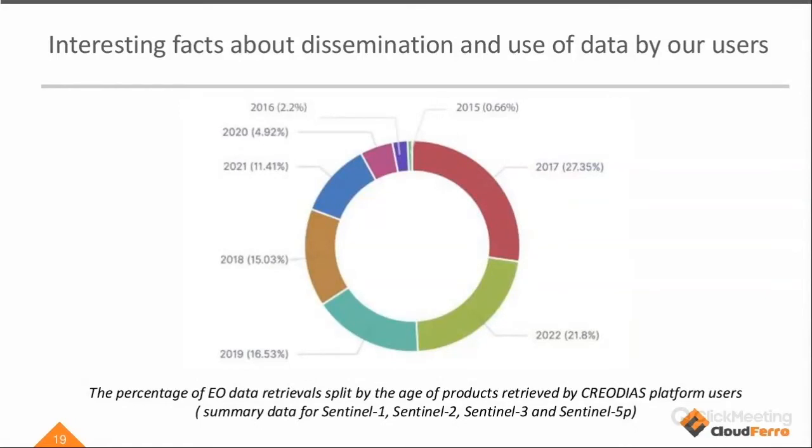This is the summary of the data sets from Sentinel-1, 2, and 3 and 5P satellite. But it seems that the users are looking even for old data sets. So, for example, here from 2017. And then we see that there is about 27% of the data sets they look for, and also from